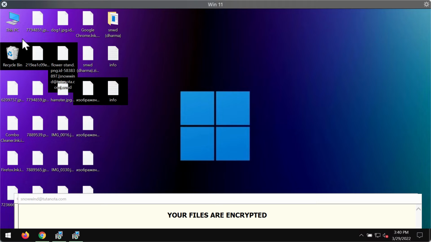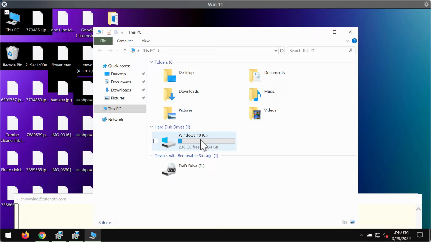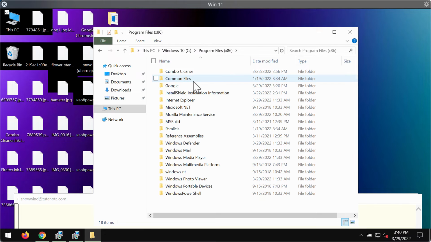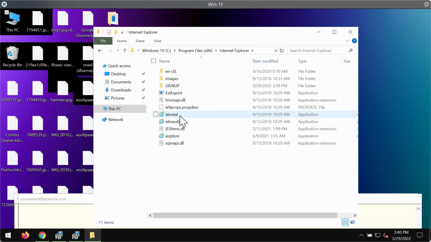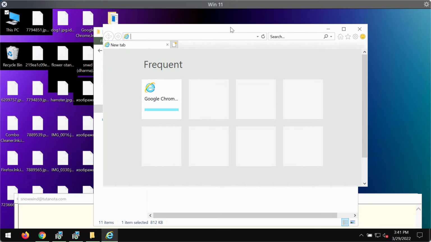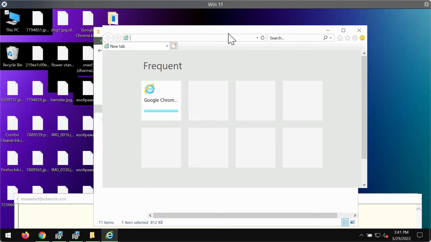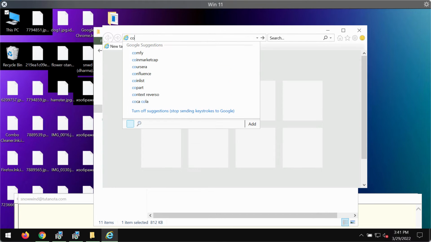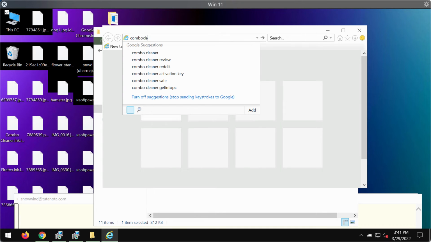Another step we recommend is to urgently remove this ransomware, because simply terminating its malicious process does not remove it. We recommend you go to your Internet Explorer browser and download a special tool that would help you to remove this ransomware. The program is called Combo Cleaner Antivirus. You may get its fresh version on the official website